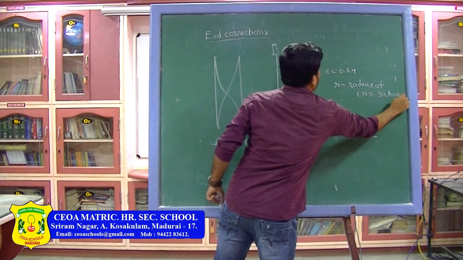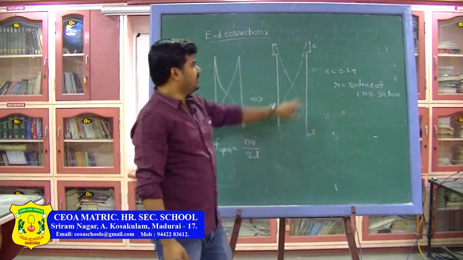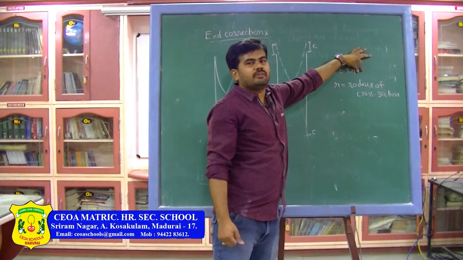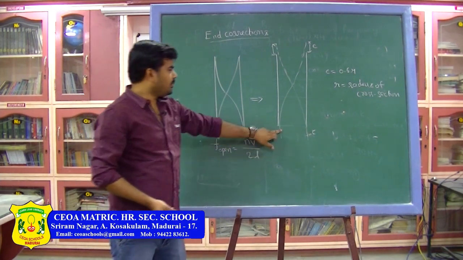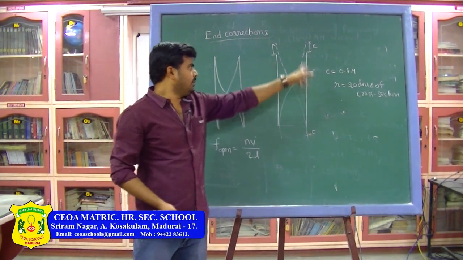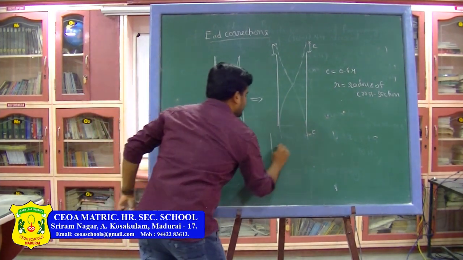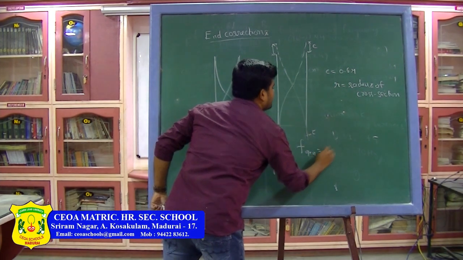So, if R is the radius of the cross section of the pipe, the end correction is equal to 0.6 times the radius. Now, as an open pipe has two ends open, we need to include the end correction for both sides. Then the correct value of frequency for the open pipe is F open, that is N into V divided by 2 into (L plus 2E),